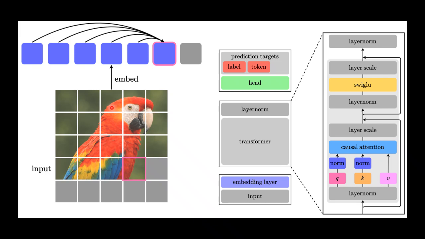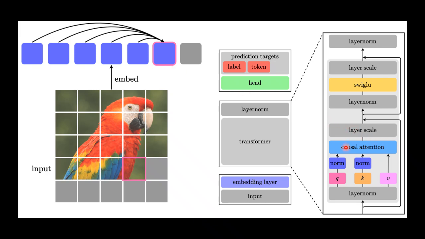An image is first split into patches. Each patch is then mapped to a latent embedding using a shallow convolutional network. These embeddings form a sequence very similar to tokens in a language. A transformer is then trained to predict the next embedding autoregressively. At each step, the model only sees past embeddings and predicts what comes next. This is enforced using causal attention, just like in language models.